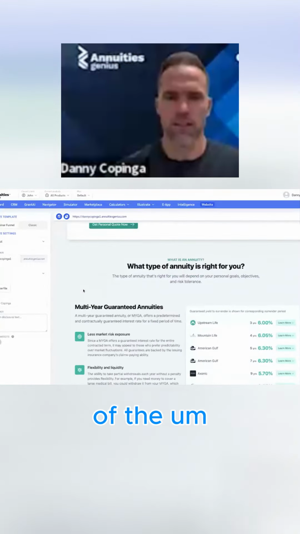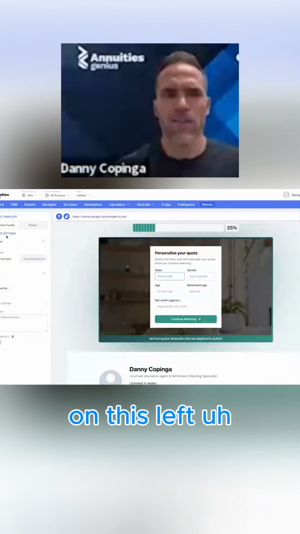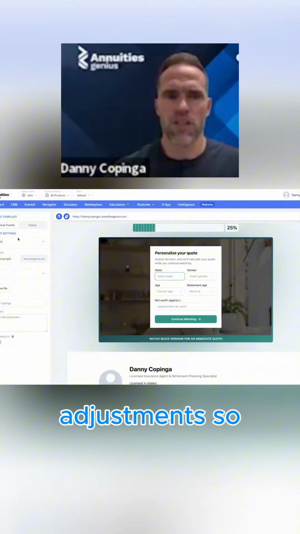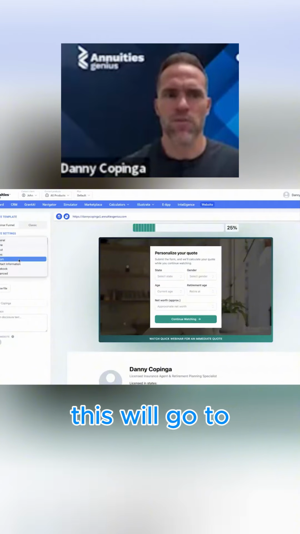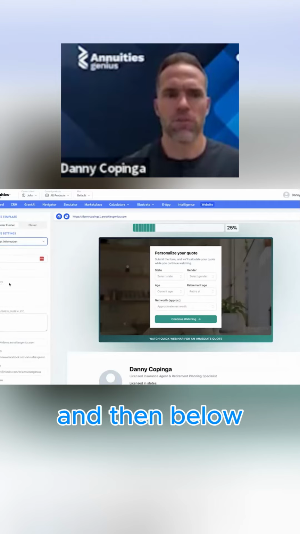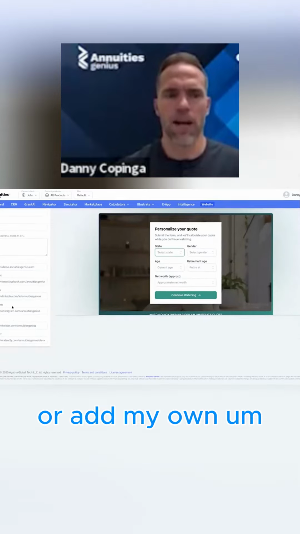This is the content within the site. On this left section, this is where I can make adjustments. So if I go to website settings, this will go to the different pages that I can adjust. And then below is where I can custom configure or add my own